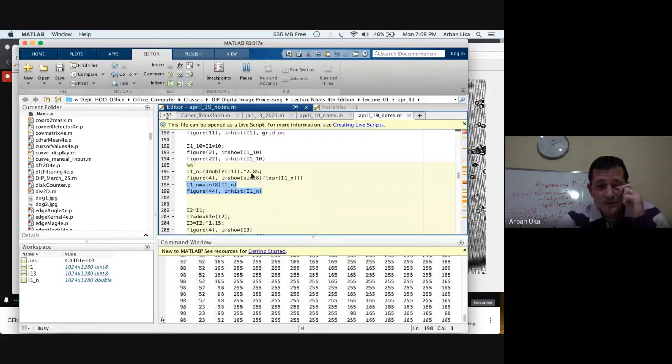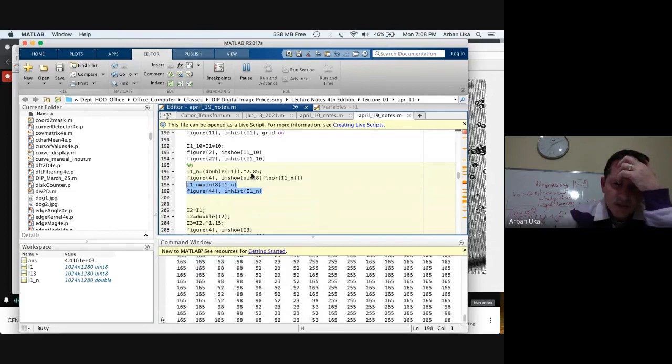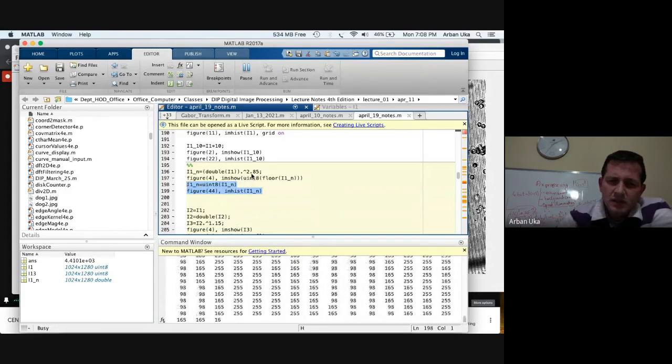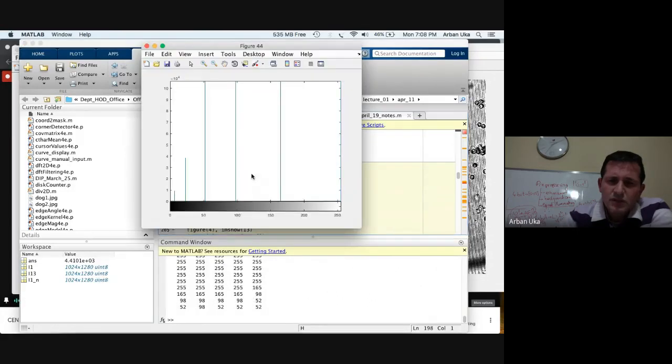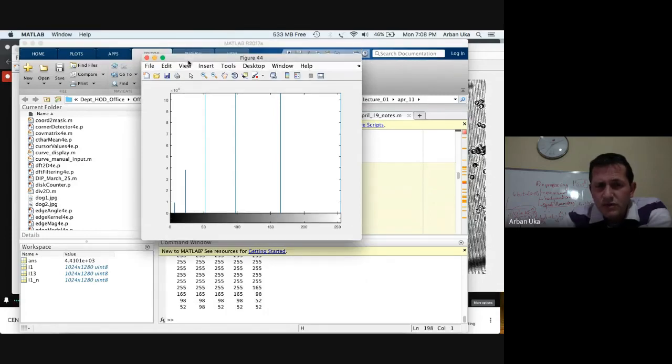And in fact, in this case, we observe a high level of saturation. High level of saturation means that we are providing values which are much higher than the maximum level. So here we have the histogram that we are going to observe. In fact, what we can see from here is that if we add up the values of all of these bars, this will be equal to the total number of pixels in the image. So we just need to add whatever the tip of these histograms report.